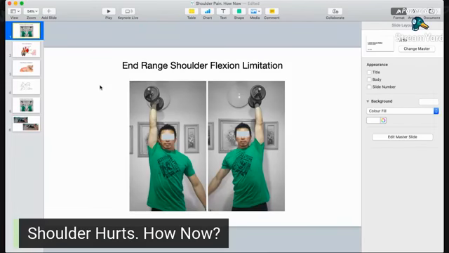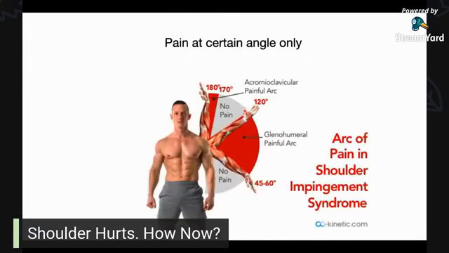Okay, now another group of people will tell me, "Hey Jess, you know my shoulder is very weird. When I move my shoulder, at a certain angle there is pain, and then when I pass through that angle, no pain already. It's so weird. I don't know whether my shoulder has a problem or not." So it's only at a certain angle, right?